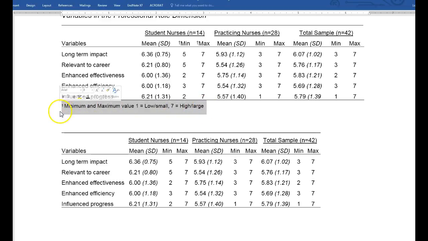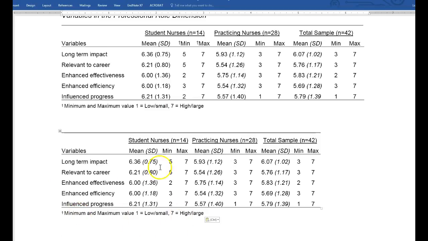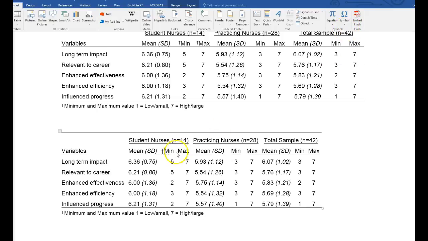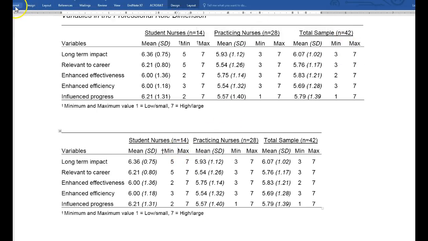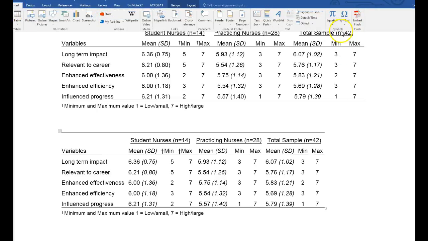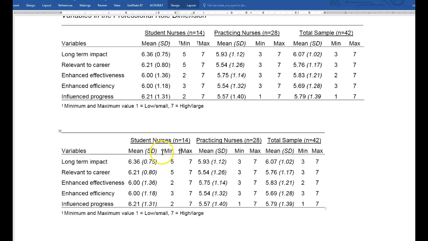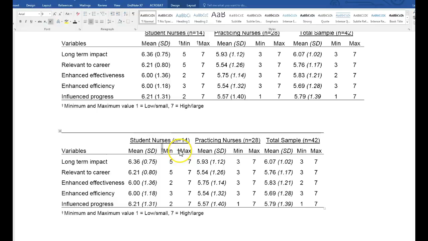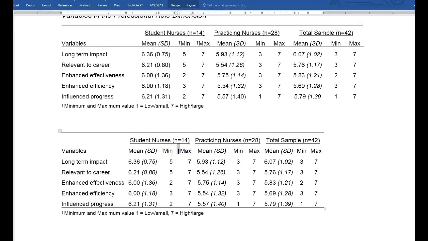I'm going to cheat a little bit by copying and pasting this one right underneath here, because those are important for telling us what this min and max means. And to create these, I typically insert a type of symbol. This is a symbol I've used, this cross that I'm showing you here. So we'll do this for 2 of these. And these should be a superscript. So once those are inserted, then we go back here and change those into a superscript